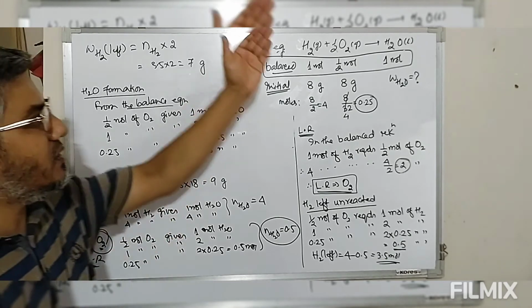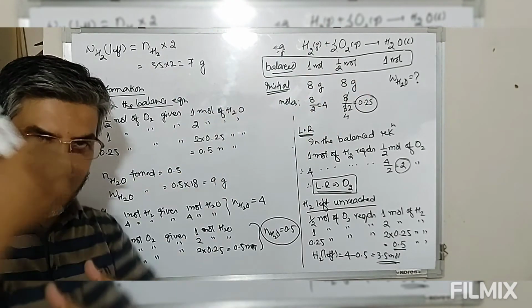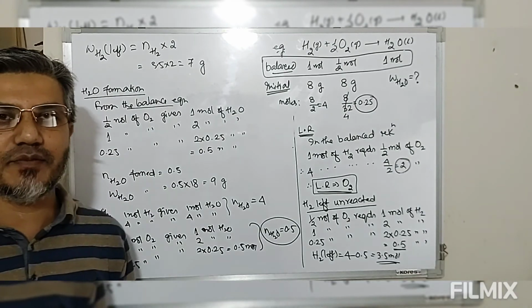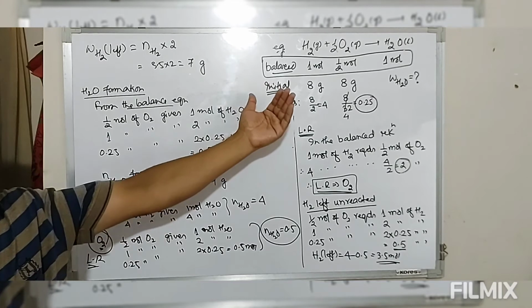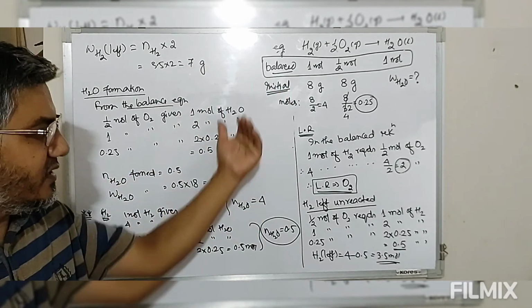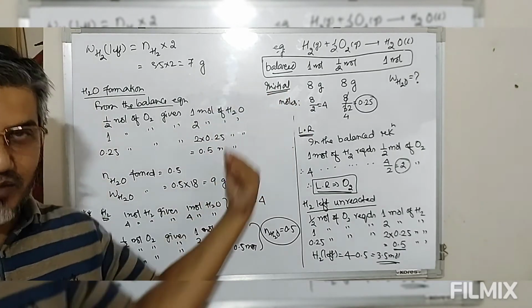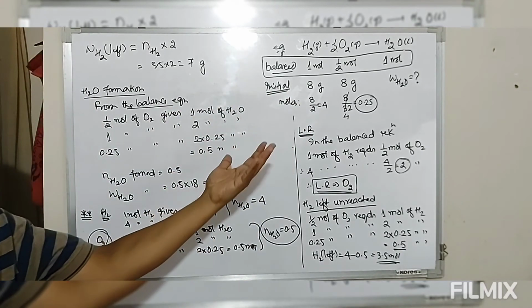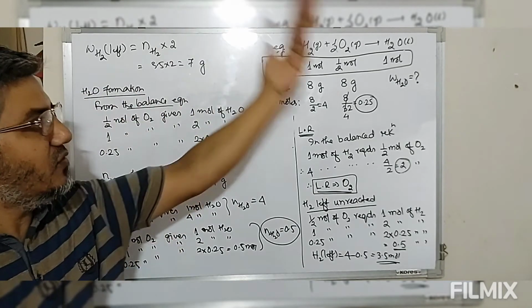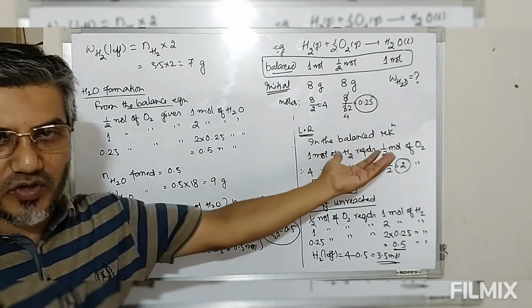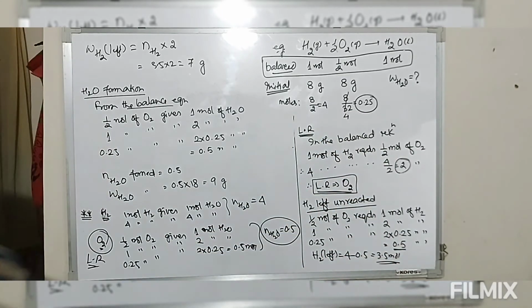So all this, look at this, is correlated to the balanced chemical reaction. So we have to relate the initial amount which is given in the reaction container for starting the chemical reaction with the balanced reaction. Only then can we define this limiting reagent. Once we define this limiting reagent, we can define what is the amount left unreacted of the excess quantity and what is the amount of the product formed. So this is one example. I'll give you one more example so that this becomes clear to you.